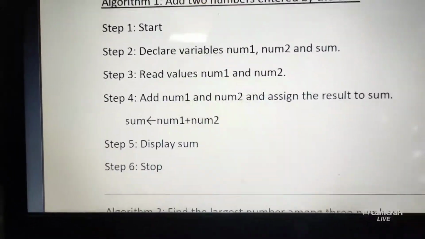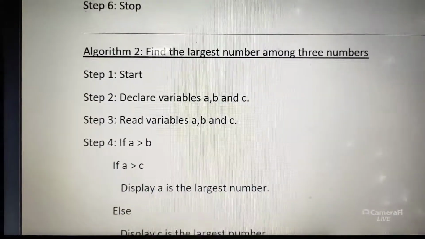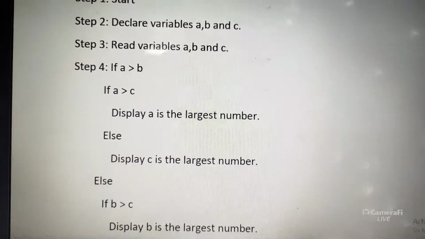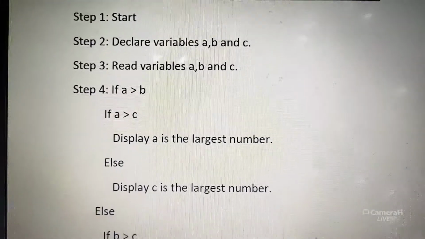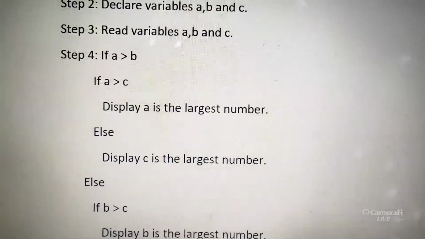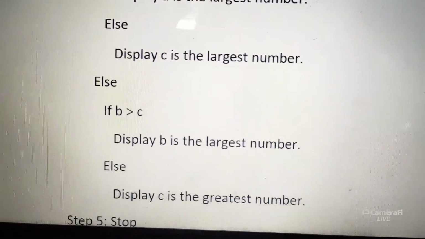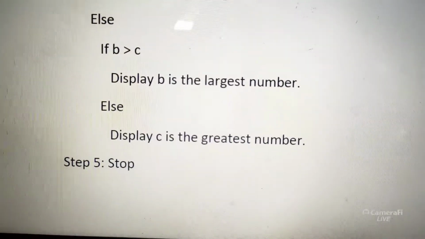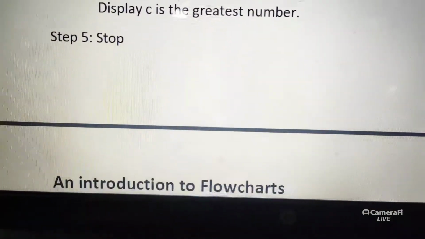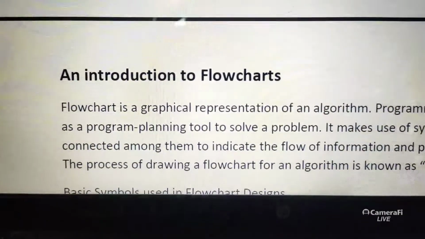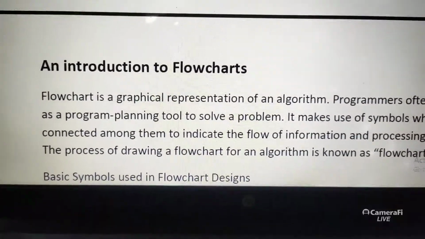Second example. You can write one example in the exam. Largest of three numbers: A, B, C, 1, 5, 7, which is biggest. Start, read A, B, C, first compare A and B, then compare A and C, then we get A is the largest. If not, B is greater than C. So this is for the greatest of three numbers. One example is enough for you. The second is a little bit bigger than the first.